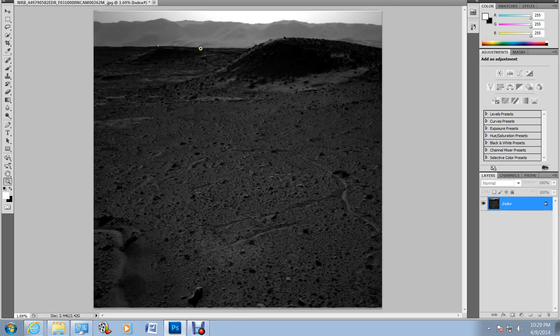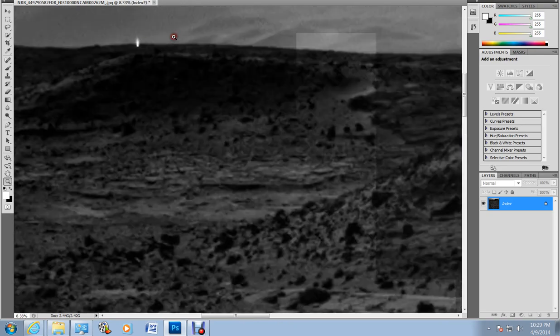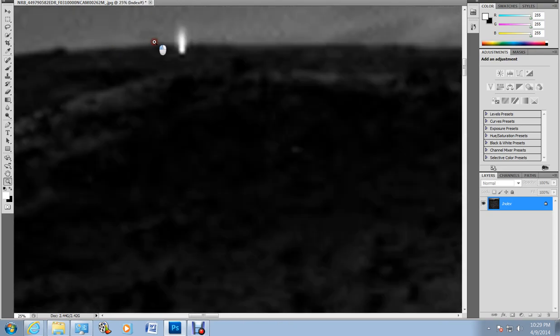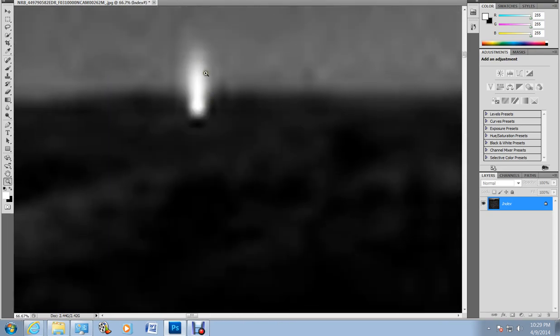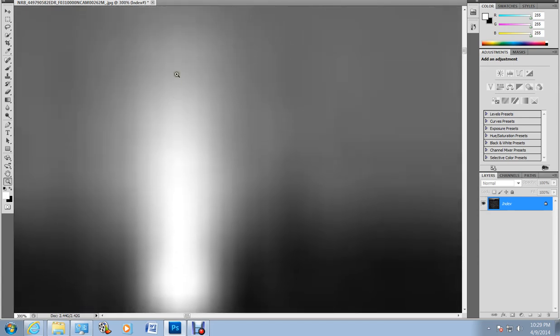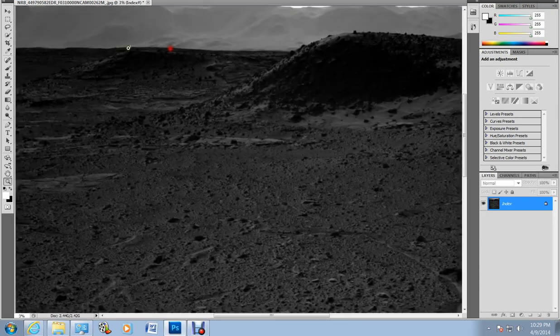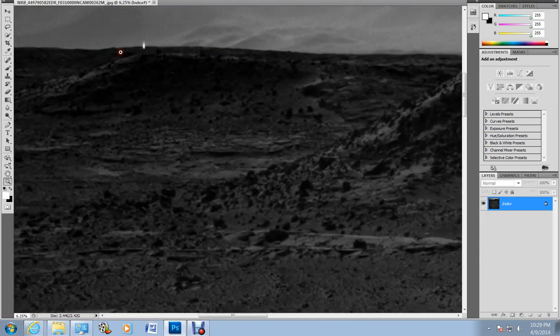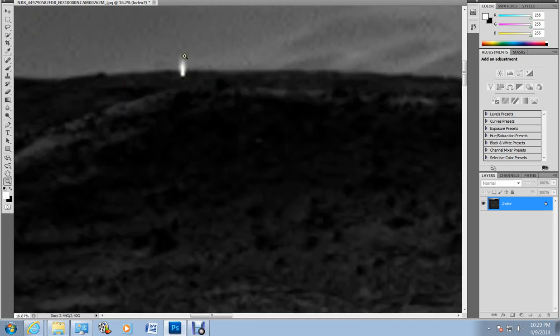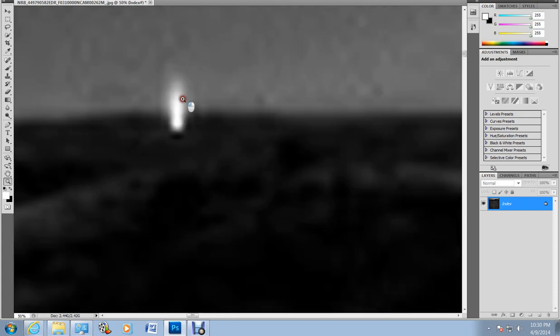And if you don't believe me, I'll just zoom out. There it is there, folks. All I've done is up the resolution. I've cut off the colour, so it's gone back to the black and white. So when I zoom in on it, we have a true representation of a light on Mars. Yes, folks, there is something definitely on Mars. NASA can't cover this up because when you zoom in on it,